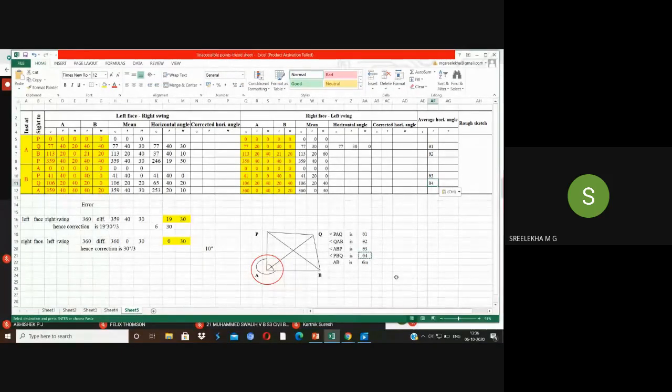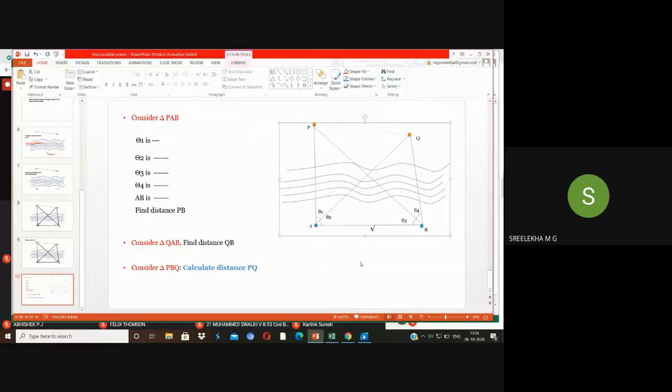So all of you completed this table? Values you have noted down? Is it complete? For the next class, I should get the values of theta 1, theta 2, theta 3 and theta 4. Another thing I just missed to tell: from A to B, you measure the distance by means of the tape. After getting these four values, theta 1, theta 2, theta 3, theta 4, as shown in this slide, as well as the distance AB, it is known.